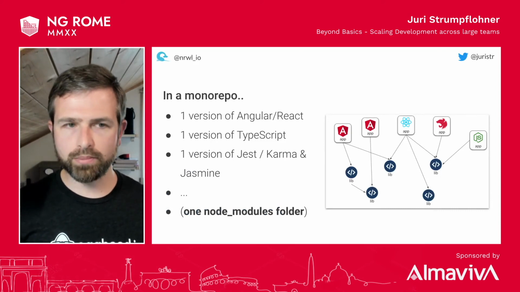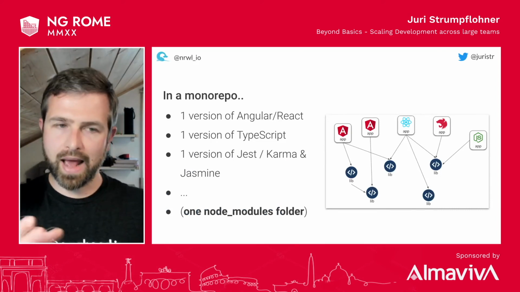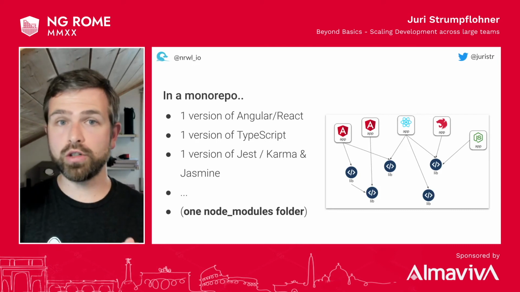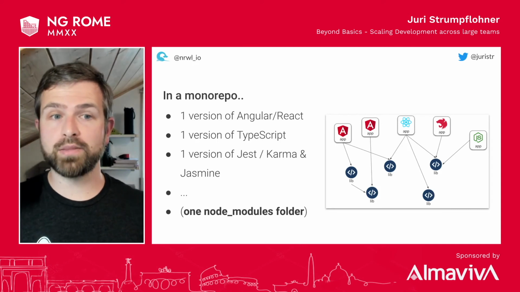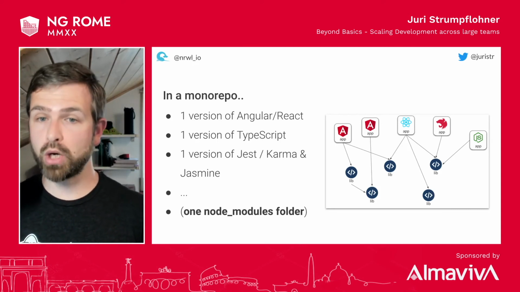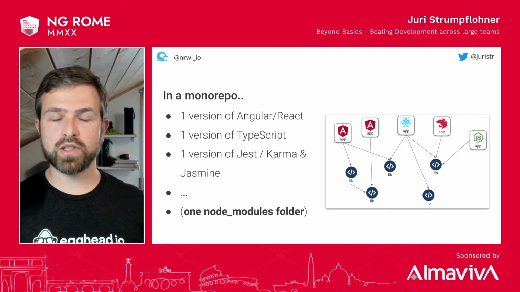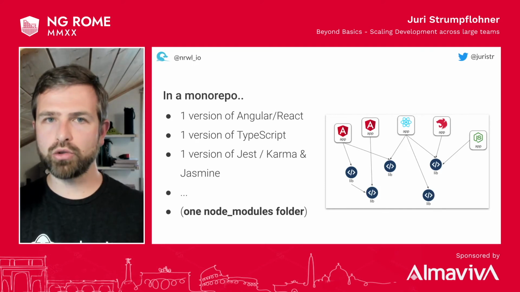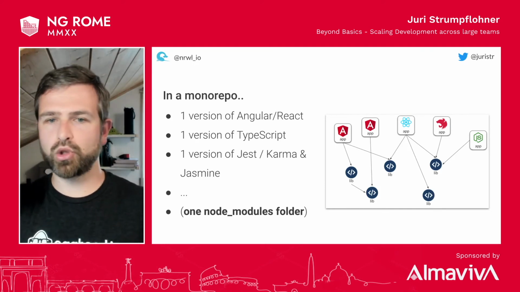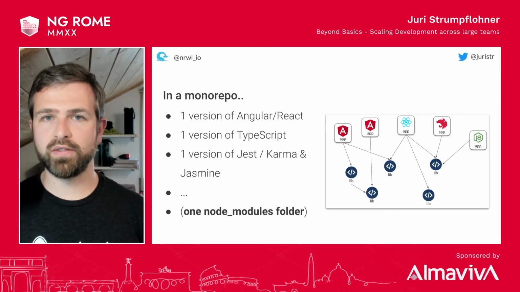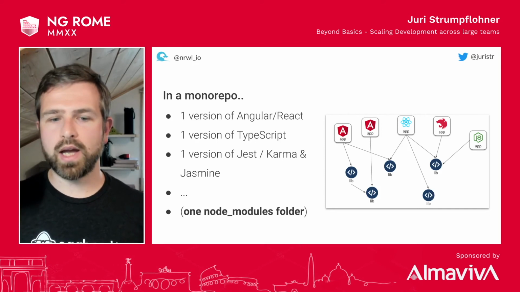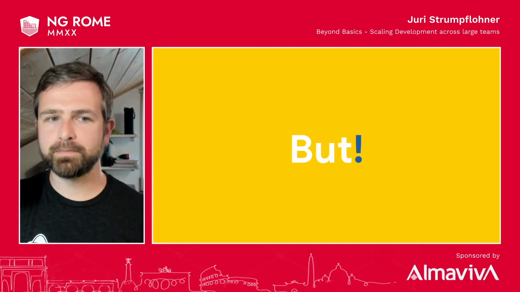So in general, in a monorepo, in an Nx case for instance, you have just one version of Angular, one version of TypeScript, one version of Jest, and the reason for that is because you just have one version of the node modules folder. So if you upgrade Angular, you upgrade the entire monorepo. What you can do is create a new feature branch, run the migrations for upgrading, run all the test cases, run the end-to-end test cases, fix whatever needs to be fixed, and then merge it back in without disturbing the team. And at that point, all of them have been upgraded.